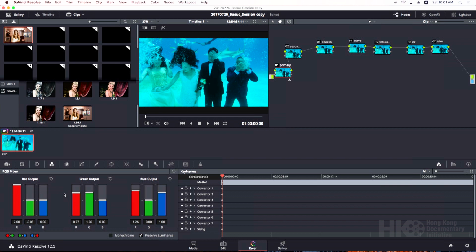Let's decrease green output on the green channel. Let's subtract blue here. We're getting a little closer. So that would be a technical primary. I might then use